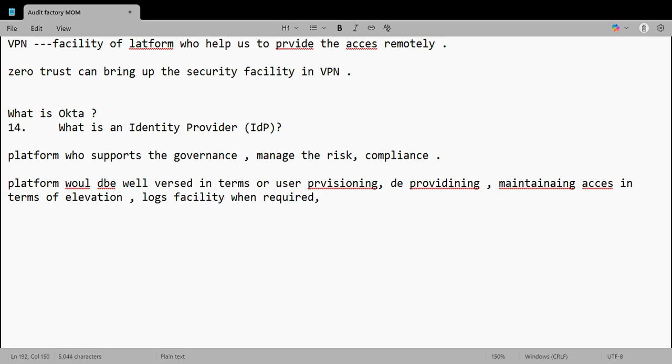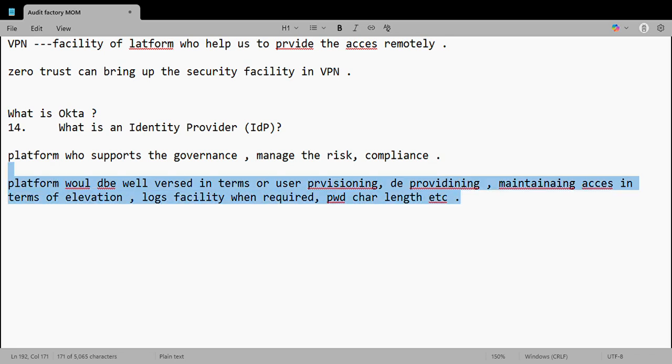This platform could also manage password related lengths and password characteristics; I mean, every facility this platform can use. So we need to identify a good governance application which has these facilities, like good user provisioning, maintaining access, and also